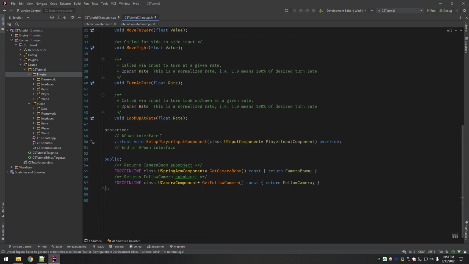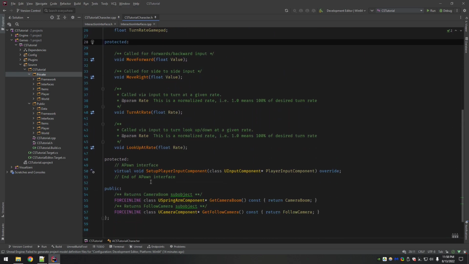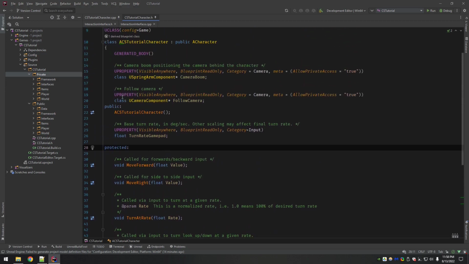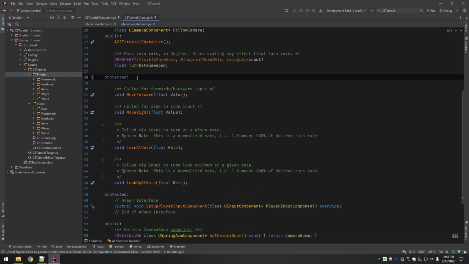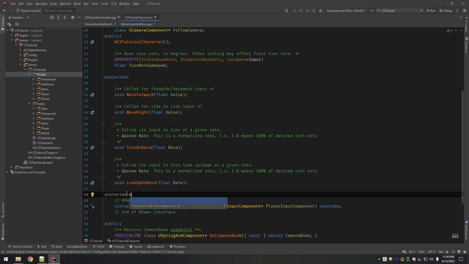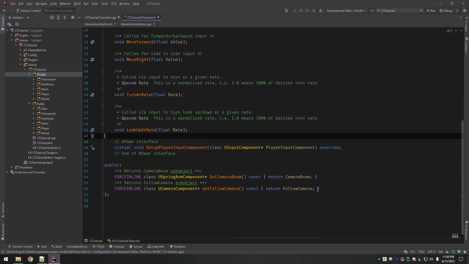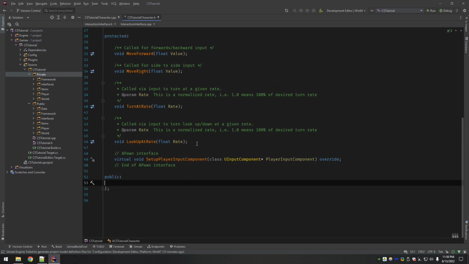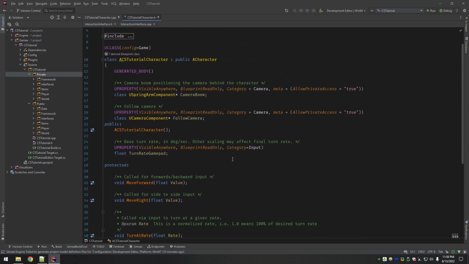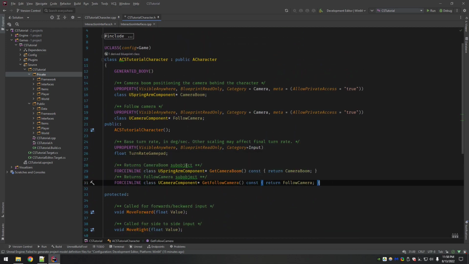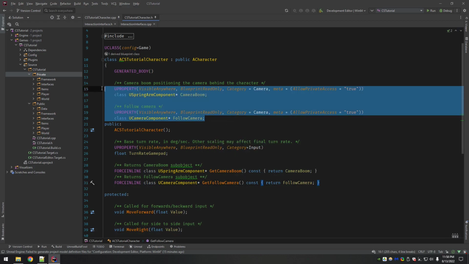First thing I'm going to do is I'm going to clean this up. It irks me really bad when there's multiple sections here, like a protected and then another protected, and this one's gray because Rider's smart enough to tell you, hey, this is pointless, it's not doing anything. So I'm going to get rid of that. I'm going to get rid of these. I'm going to move them up. I'll just keep them in public because they were in public. And this is all the default stuff that was in this class, by the way.